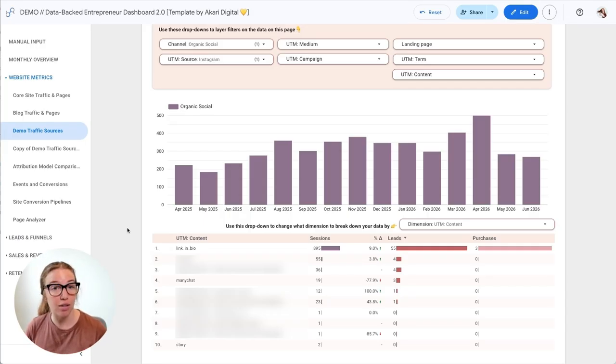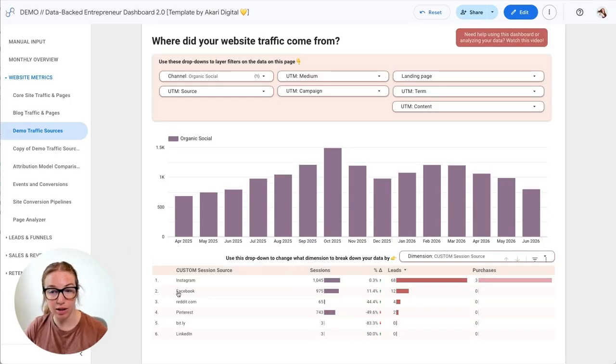This level of detail, though, is only possible if we're also adding UTMs to all of our links that we're using on Instagram. I'll talk through that a little bit more in a second, but just wanted to give you a little bit of a lay of the land of how that data all comes through here. So when we're able to look at this data, like how much traffic, leads, and sales came from Instagram during a specific time window,